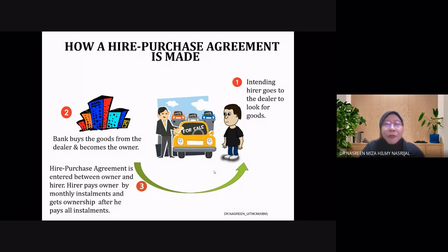3 tahun, 5 tahun, 7 tahun, 9 tahun. Okay? So, tempoh yang lama tu hirer kena pastikanlah dia bayar installment setiap bulan without fail, otherwise the bank will be able to repossess because the goods belong to the bank. So jangan perasan bila kita beli kereta, selagi kereta tu tak habis lagi bayar, kereta tu bukan kereta kita, kereta